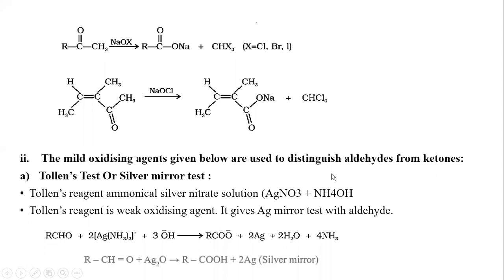This reaction can be written in the simplest form: when aldehydes react with Ag2O, which is formed by the combination of silver nitrate and ammonium hydroxide, the Ag2O acts as an oxidizing agent. It oxidizes the aldehyde to acetic acid and itself gets reduced to silver, which gets deposited on the inner wall of the test tube, and the other side appears like a mirror. So this reaction is used to distinguish aldehydes from ketones. Aldehydes are oxidized by Tollens reagent, but ketones are not.